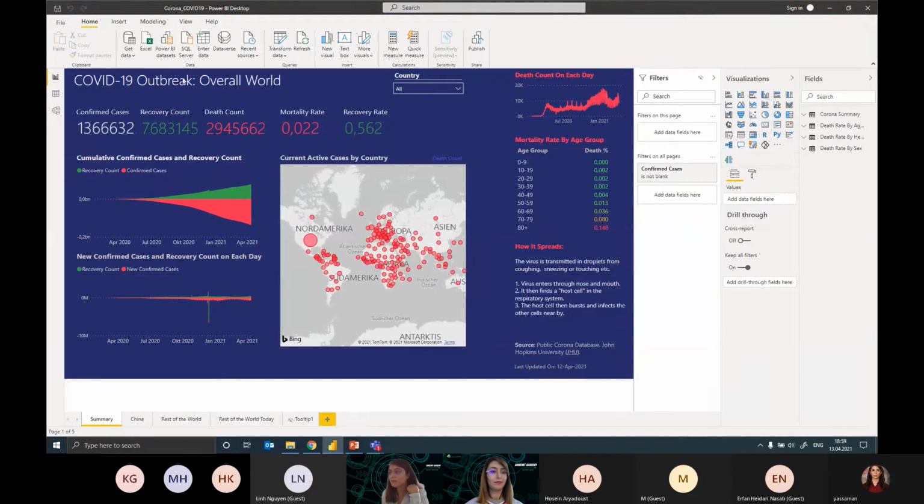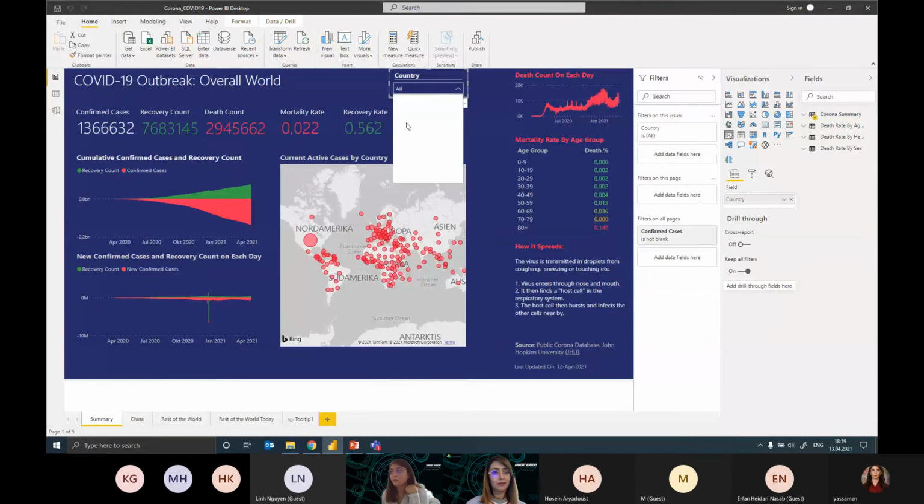And this is the overview of the first report page, so to say. You can just simply drag and drop any kind of visualization that you want to have, and you can use any kind of filtering inside one report. Like if I select a country, the numbers will be changed, the visuals will be filtered. Yeah, as you can see, it takes some time.